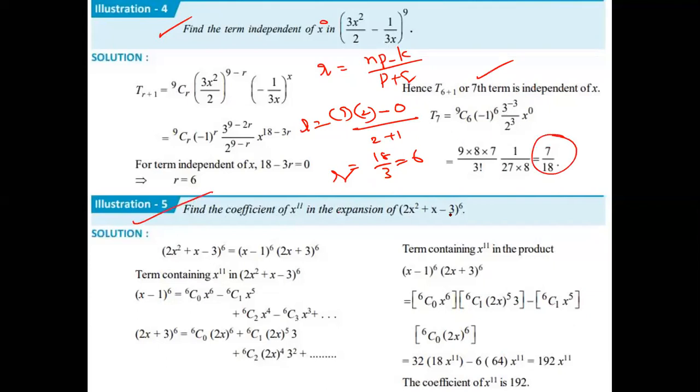Find the coefficient of x power 11. But with 3 terms there is no formula. So what we do is reduce it to the simplest form, converting into a binomial. We should factorize every time. After that, we can expand. The coefficient of x power 11 is found by expanding this one and that one, and you can get the answer. So this type of model practice is required for all of you, dear students.